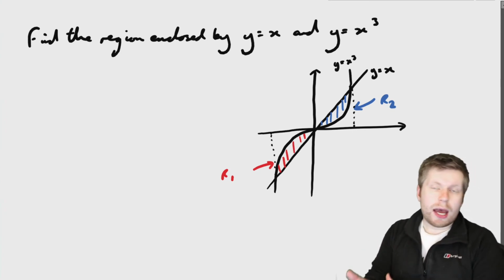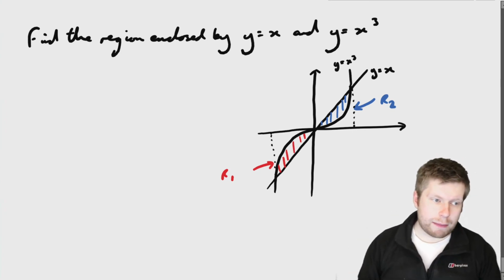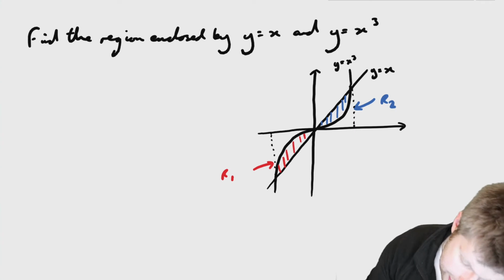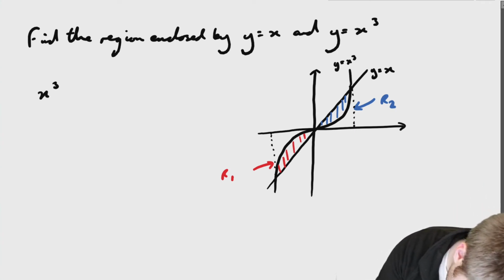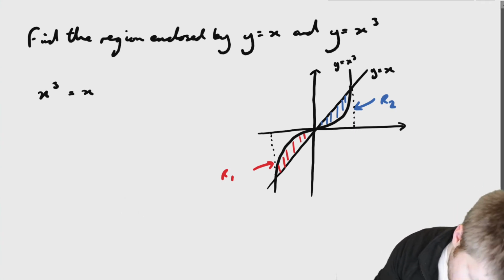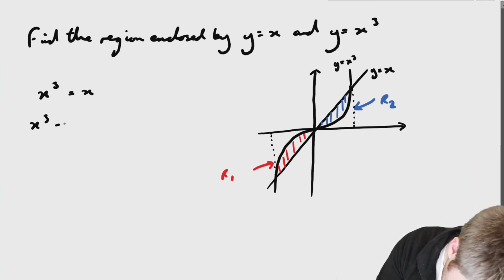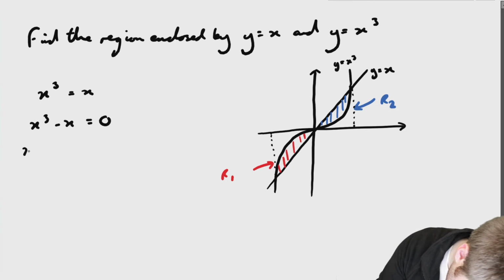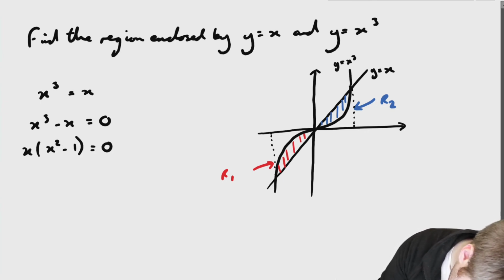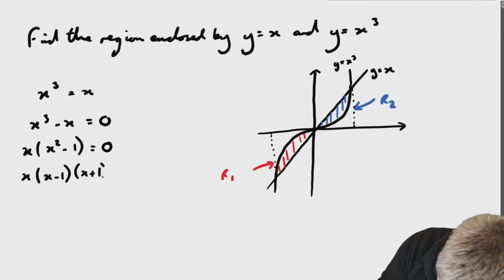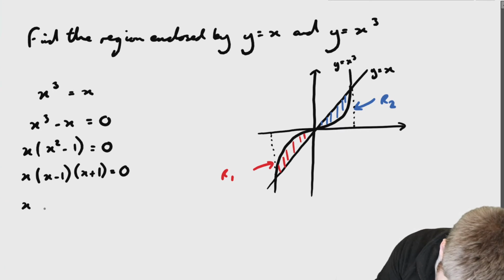So y equals x cubed and y equals x, where are those two things the same? Okay, so in order to do that, I'm just going to set them equal to each other. So the intersection point is going to be when x cubed equals x, okay? So in that case, I can just simply take away x from both sides. And if I factorize, I get x times by x squared minus 1 equals 0, which gives me x times by x minus 1 times by x plus 1 equals 0, which means I have 3 points where they intersect,